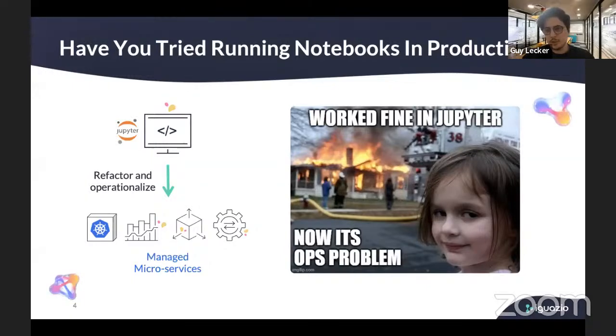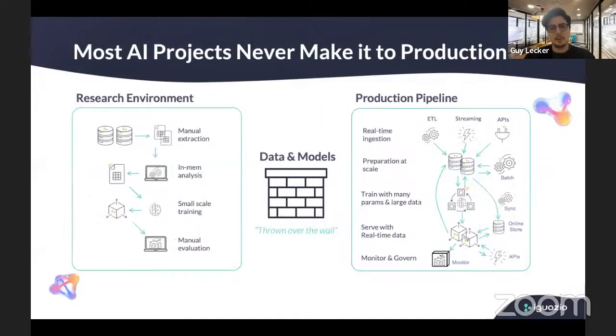Once it's working in your notebook, it's not that simple to put it in a Kubernetes pod, make it scalable, and write an API for the model for users to access it, and so on. So what basically happens is that almost 85% of models do not see the light of day